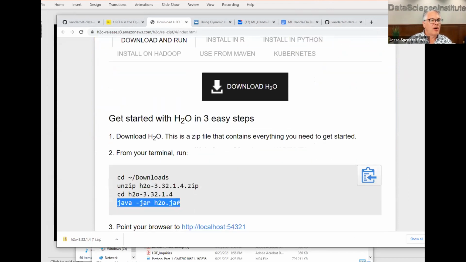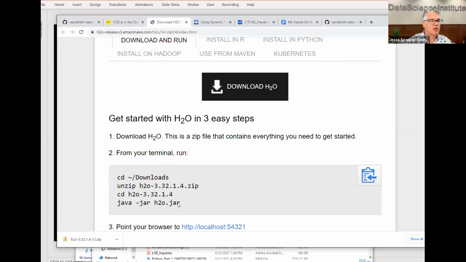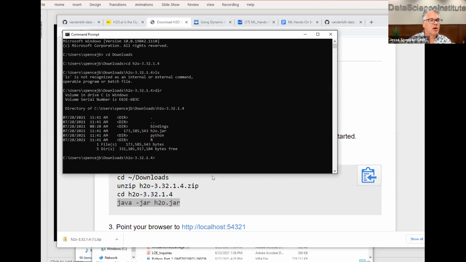I'm just going to copy that one line, and I'm going to go to this command prompt where I'm actually in that subdirectory, and I'm going to right click to paste what I just copied here. I'm going to copy, Control C, and then paste into this command.